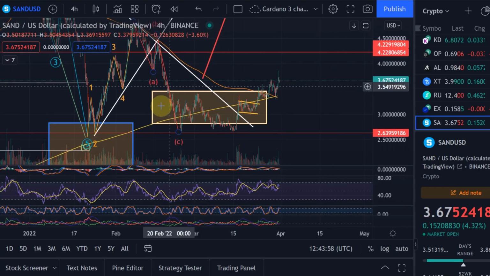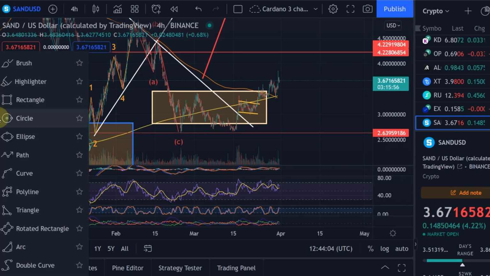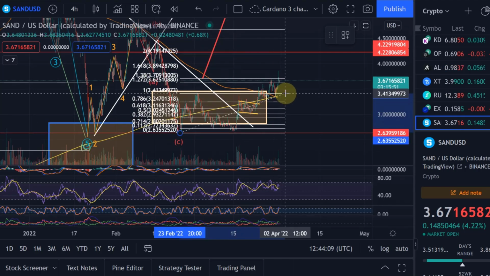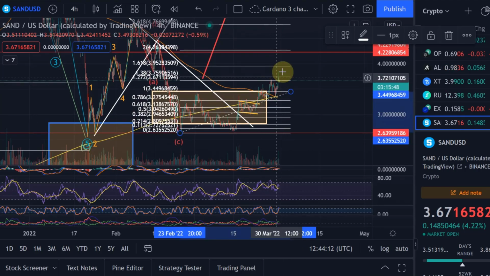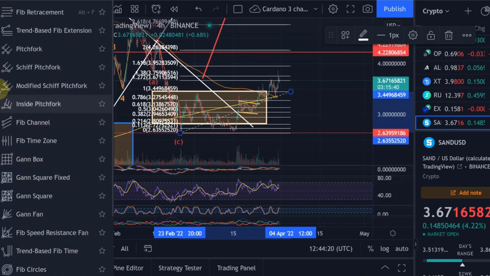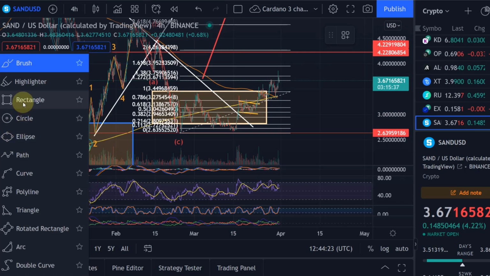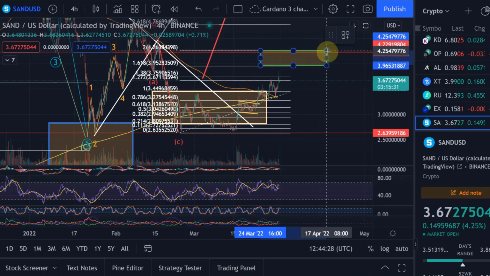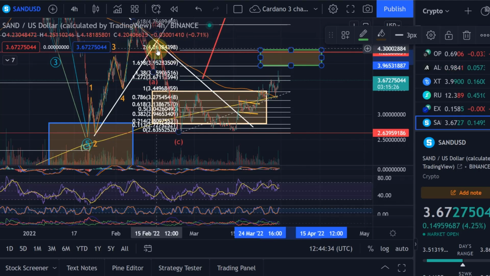But I said before, I don't really like the structure. It doesn't look too impulsive for me, but let's say we could count that here as again the next wave 1, and we are now on our way up, then the minimum target for the next move up would be here at least 395. So we could define the next target range for the price where it's going to land, and that would be in this region, I would say. Between the 395 level and the $4.26,